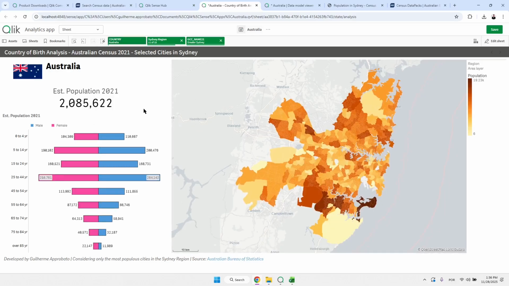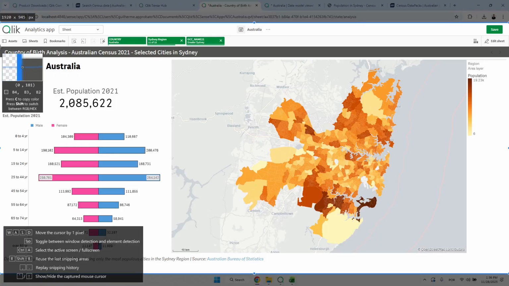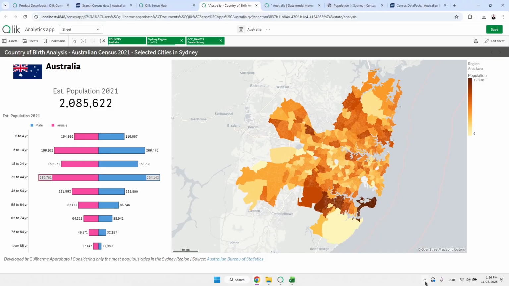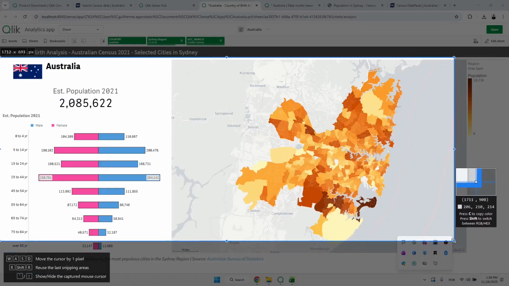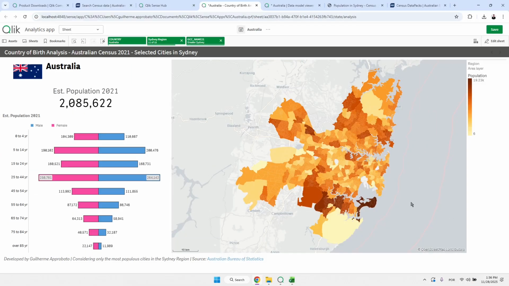But with this, I started to just cut. I use a software called Snip Paste. It's very easy to crop things. So what I was doing is taking everything from here and pasting it in a PowerPoint slide. And that's pretty much it. Okay. So in Qlik Sense it would be very easy to do this automatically because it has automations, but that's not the case here. If you don't have the licenses, you can at least try and see how it works on your own computer, okay?